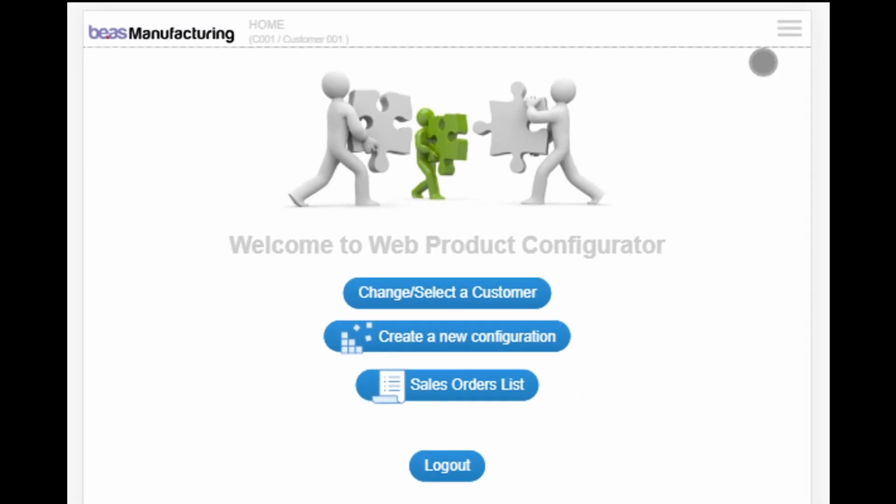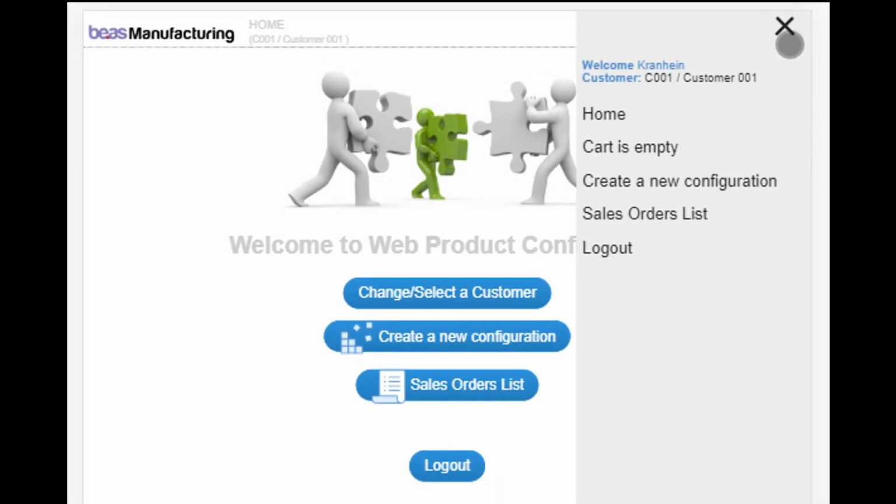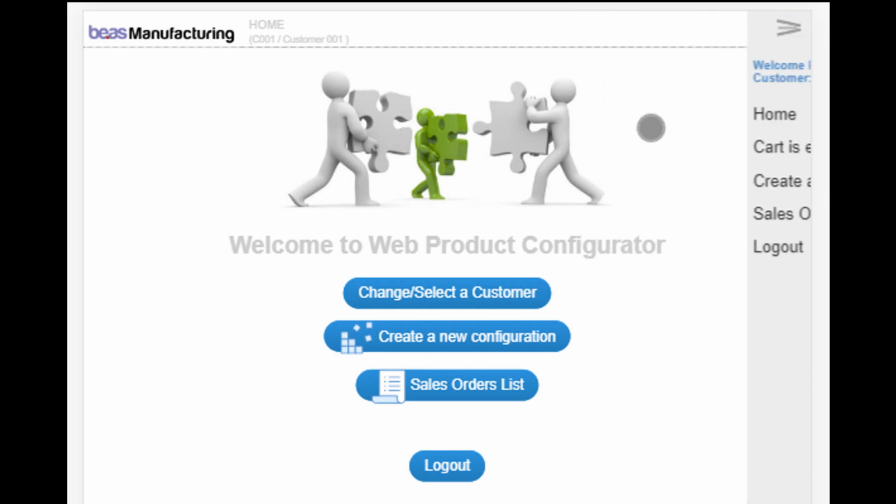In the top right corner, you can see a collapsible menu. On the top, you have your own username with a welcoming message under which the customer that you have to select before creating a configuration. The other 5 menu points are the same as what you can find on the main home screen. So after we select the customer,